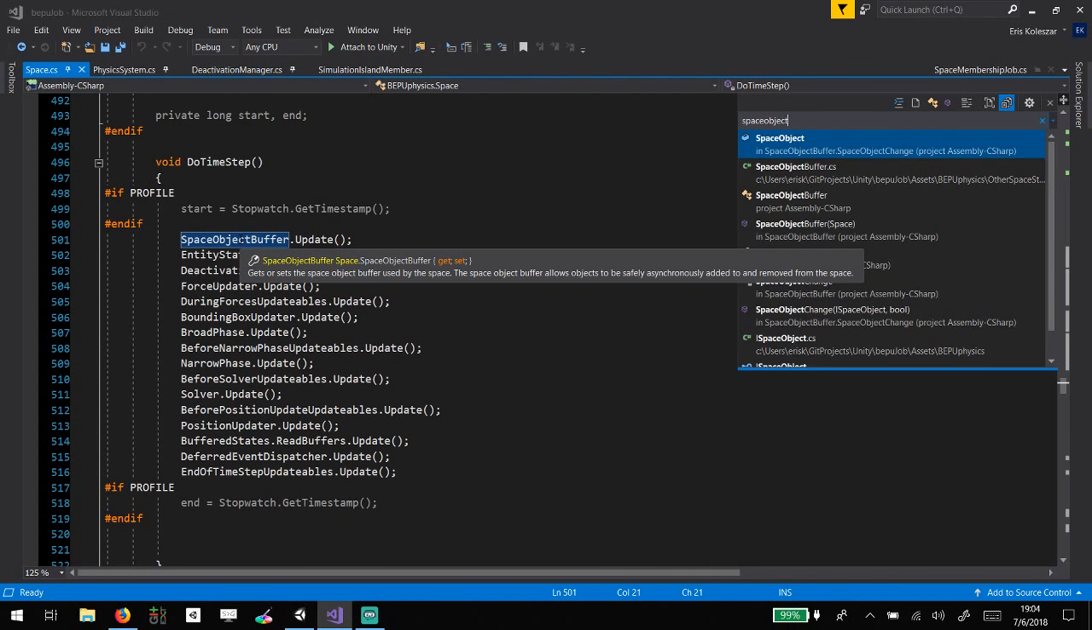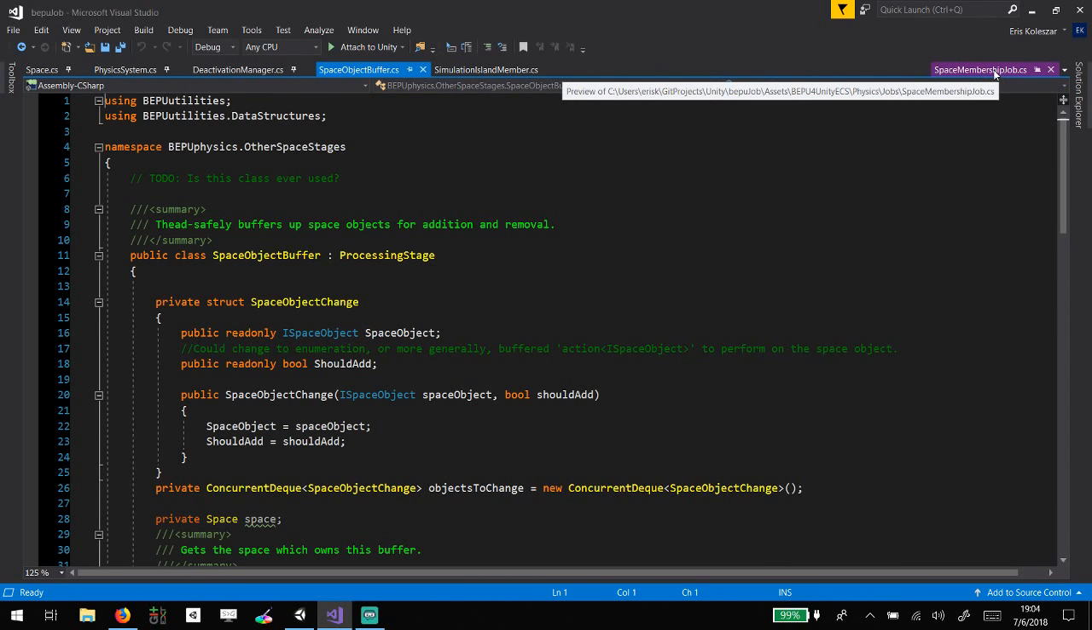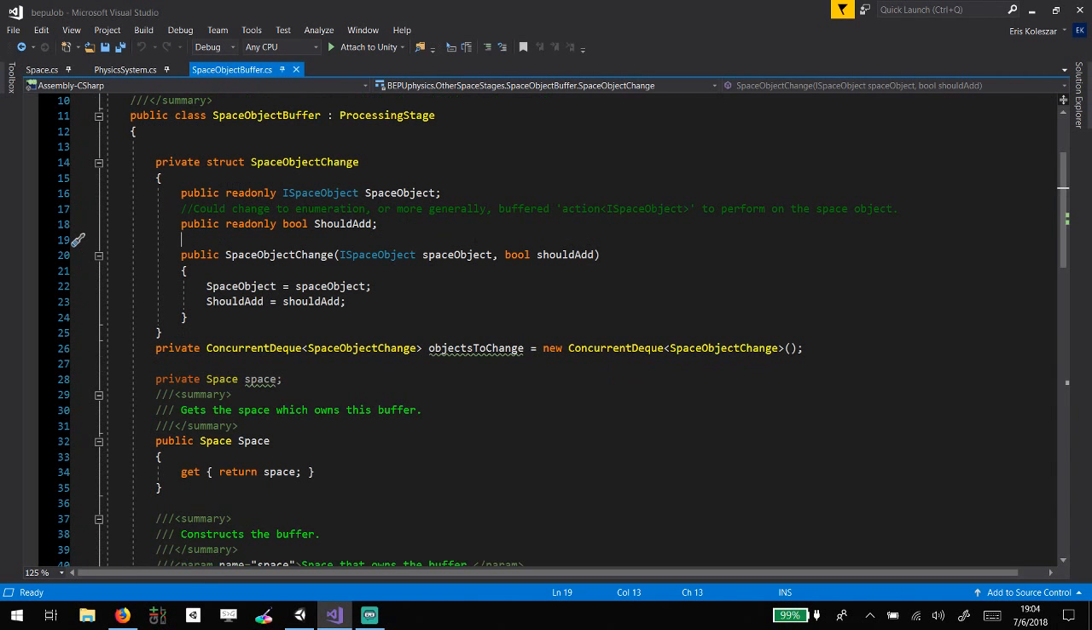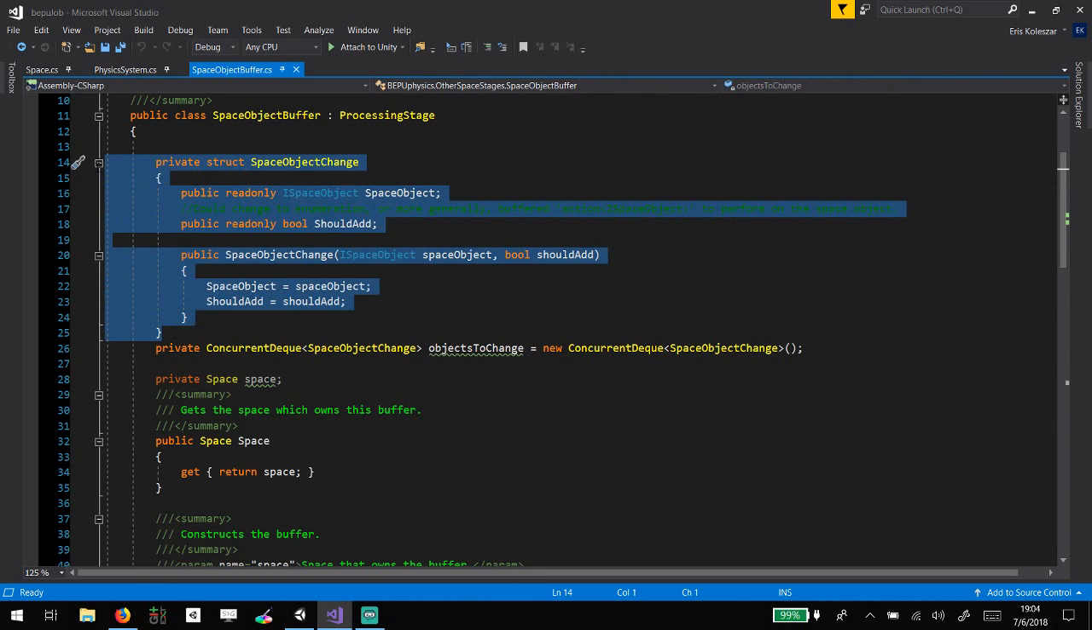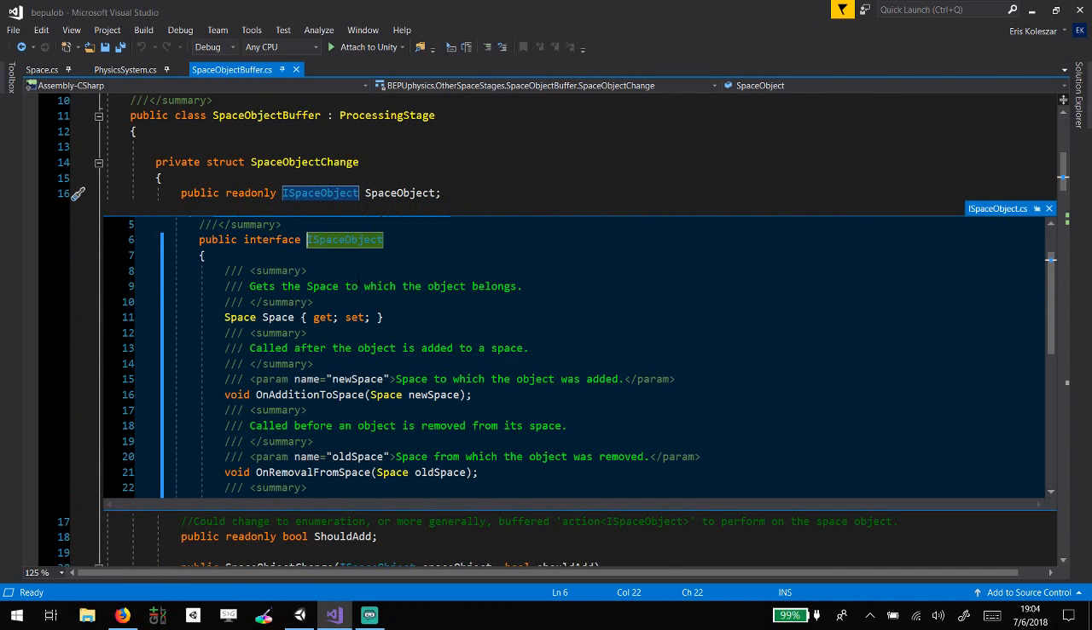So if we go to space object buffer, I'm going to close a couple of these things here. All right, space object buffer here. What it's doing is it's got this little struct. Actually, I might have changed this into a struct. I can't remember. It's got this little class or struct, one of these two. The space object change. And it takes an ISpaceObject, which, if we peek into that, is just,